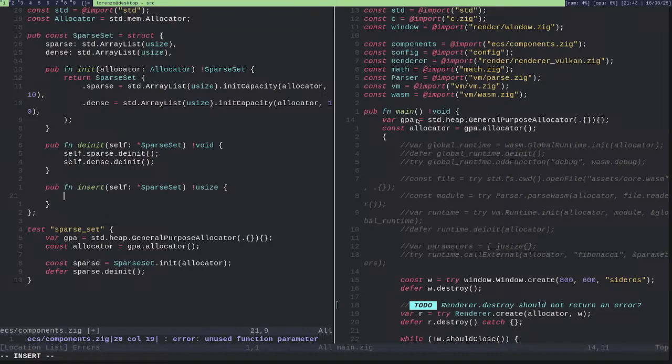So inserting is quite easy, because I can just take the index of the length, so I will have constant index, which is the self sparse length.